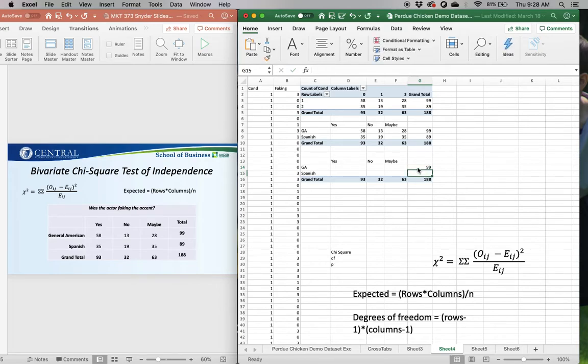So here I'll put the row totals back in. And so we have to calculate 6 expected values, and the way we do that is equals, open parentheses, the row total times the column total divided by the overall sample size. And we have to do that for each one of our 6 cells in the table. And so I'll do that here. As you can see,